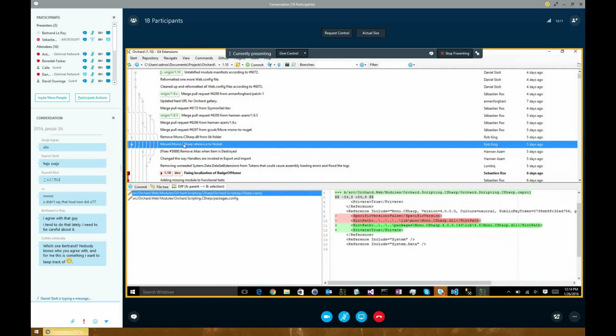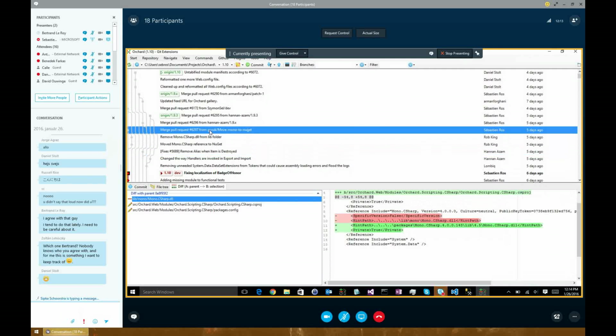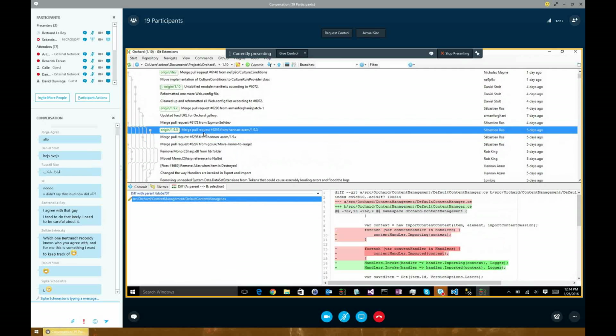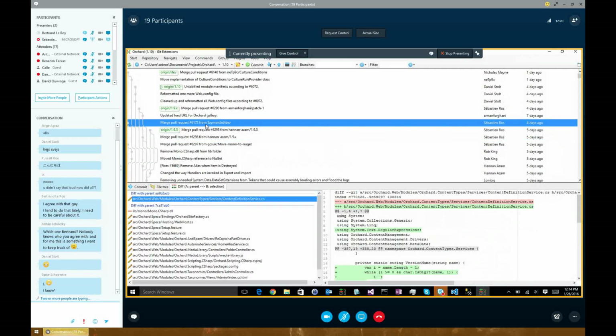So fixing the reference to mono C# from NuGet. Pull request done at the triage. This is the same pull request we talked about. This one is for